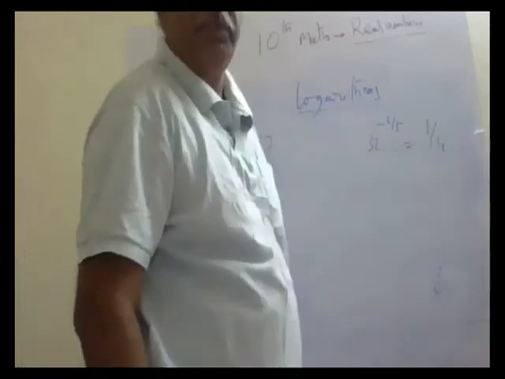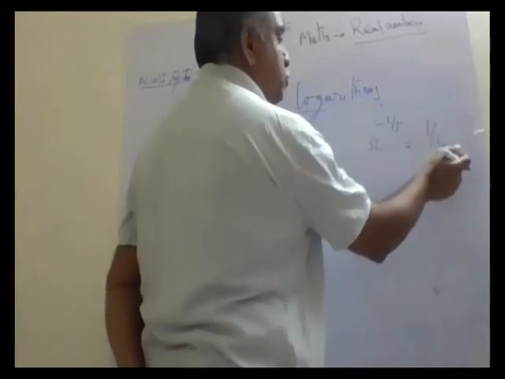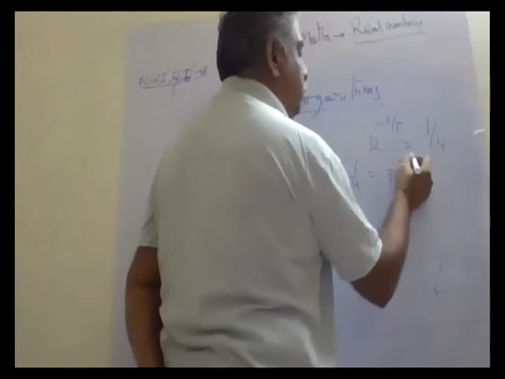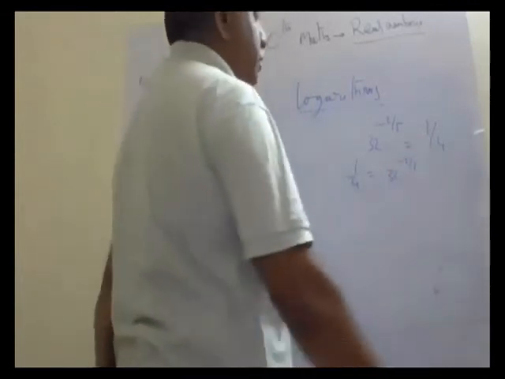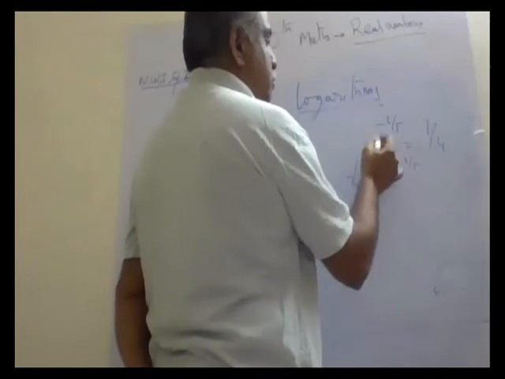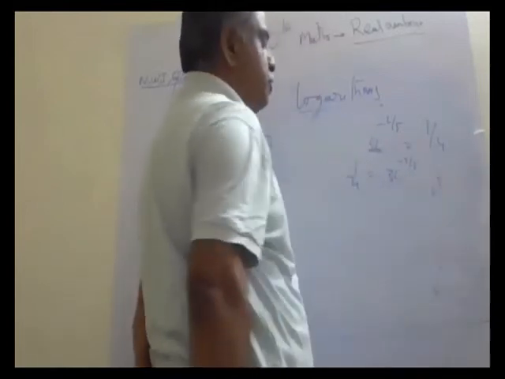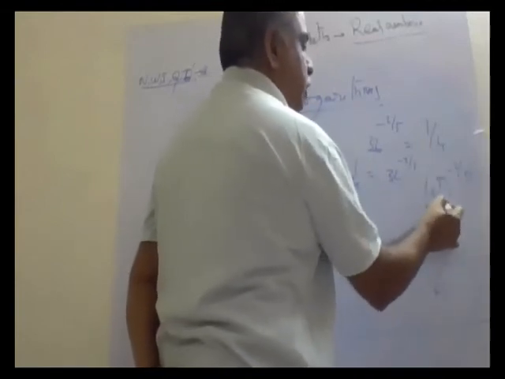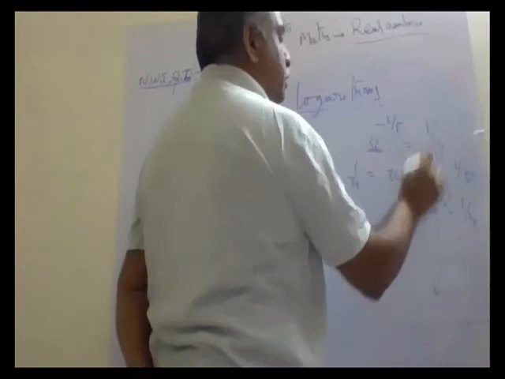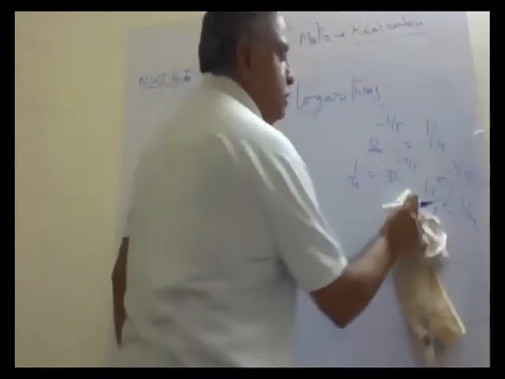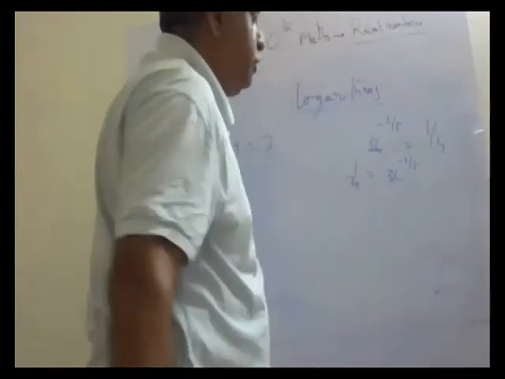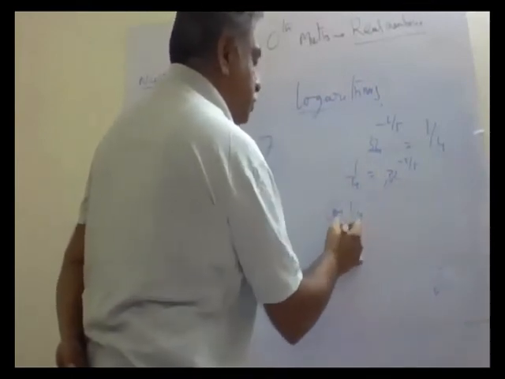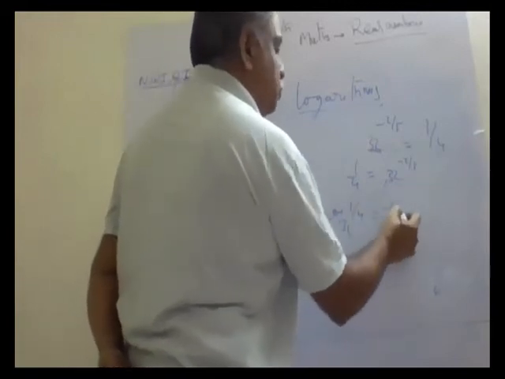Let us do these things. So the exponent goes to the other side and this comes to this side. 1 by 4 is equal to 32 to the power of minus 2 by 5. Otherwise, you see 32 is what? 32 is 2 to the power of 5, whole to the power of minus 2 by 5. If it gets cancelled, 2 to the power of minus 2 is equal to 1 by 4. So both are tallying. The equation given is tallying. But you have to convert into logarithm form. What is the logarithm form? Log of 1 by 4 to the base 32 is equal to minus 2 by 5.